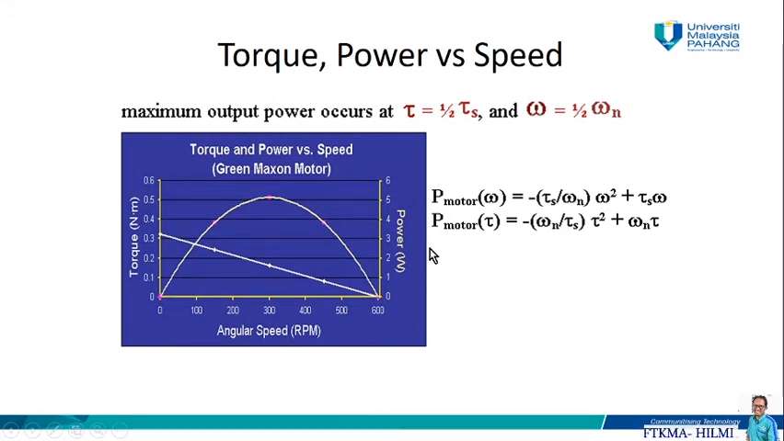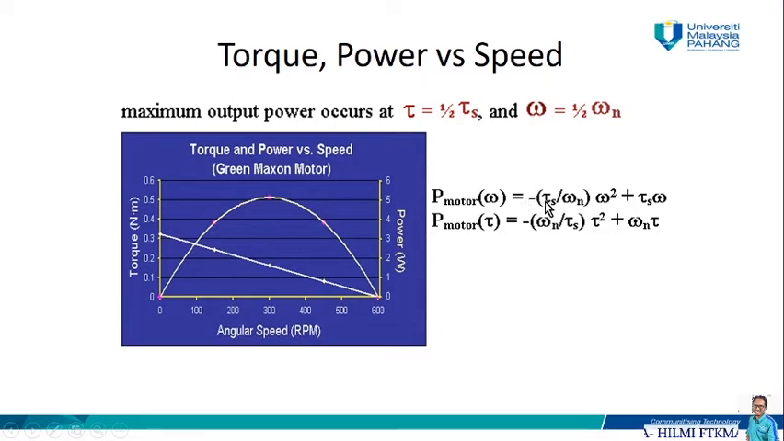So maximum output power occurs at the torque half of the stall torque and the speed half of the no load speed omega n. We can see from this graph that the maximum power occurs here, at the angular speed at the center, or half of the no load speed. We can calculate the power of the motor from the angular speed using this equation, where it is equal